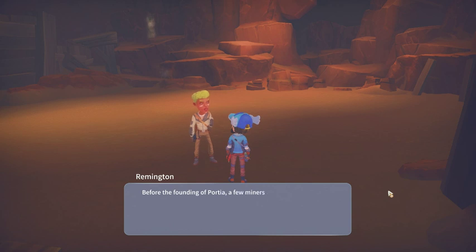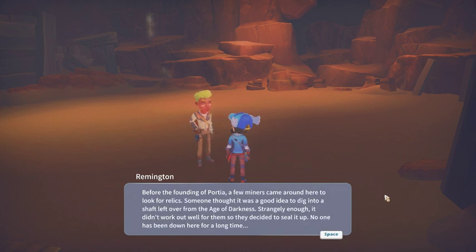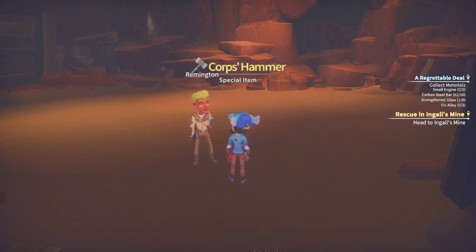Before the founding of Portia, a few miners came around here to look for relics. Someone thought it was a good idea to dig into a shaft left over from the Age of Darkness. Strangely enough, it didn't work out. Take this. You might...